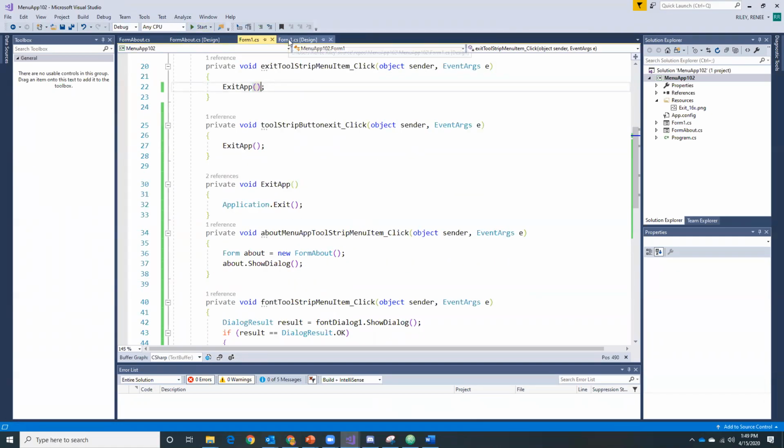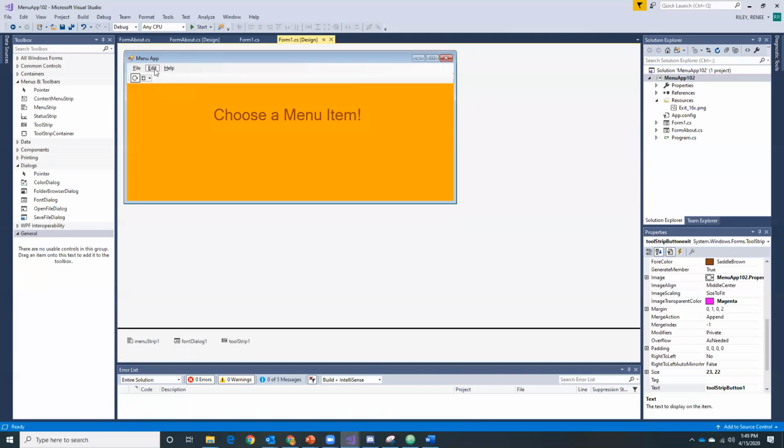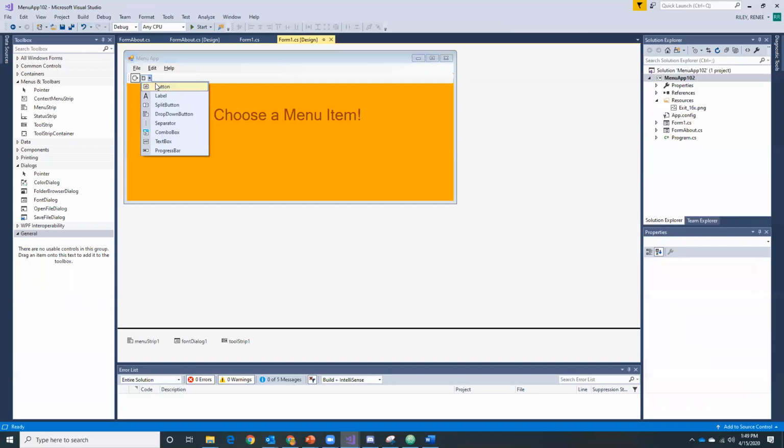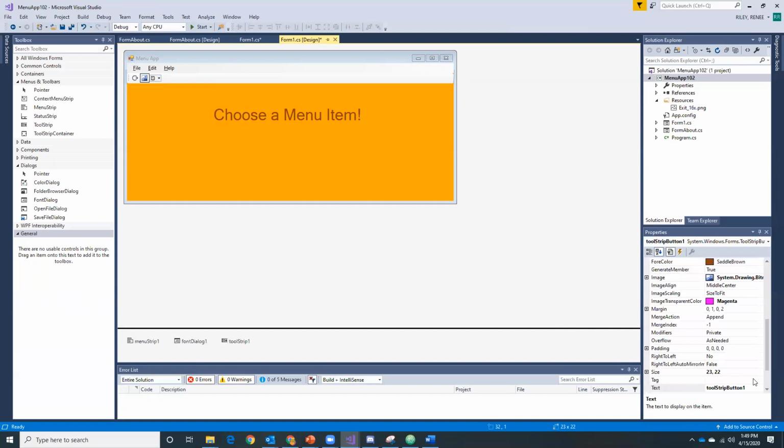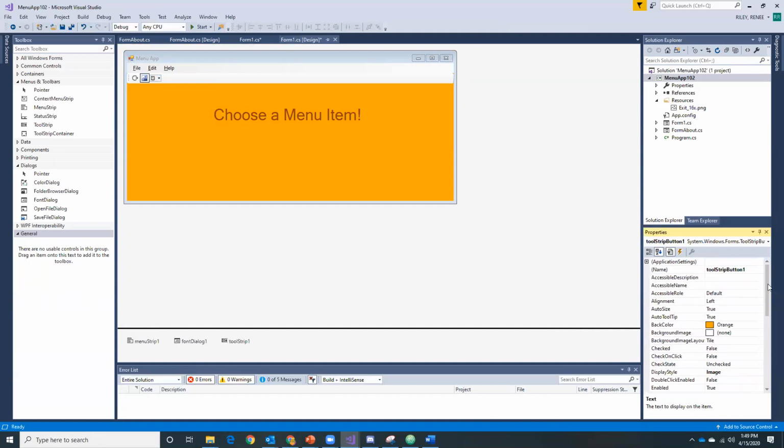Now, on our form, I can't really think of any way to do our font as a toolbar icon. So let's just add our help about. I'm going to add a new button. This is going to be toolstrip button about. We want the tool tip to say about our app. And we want our image